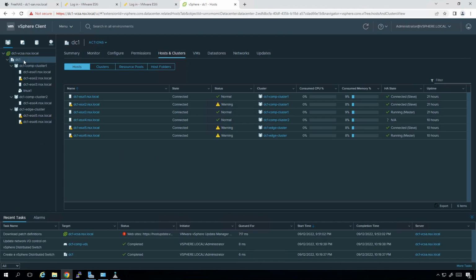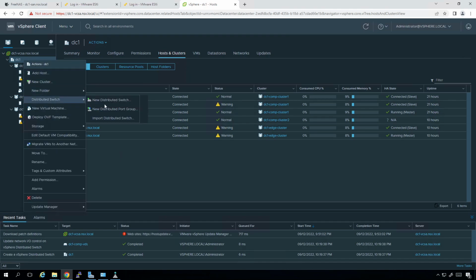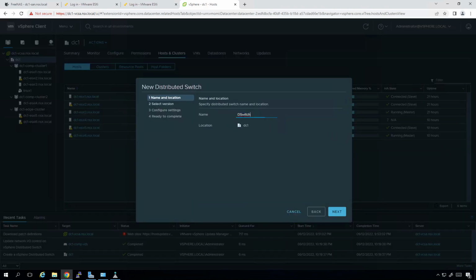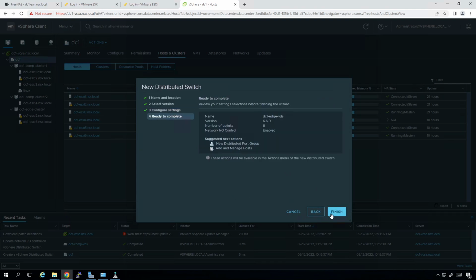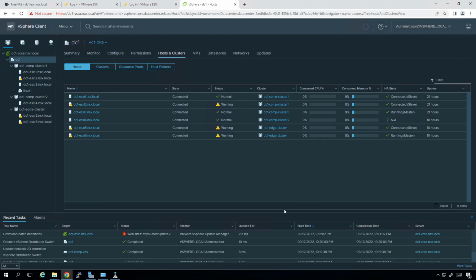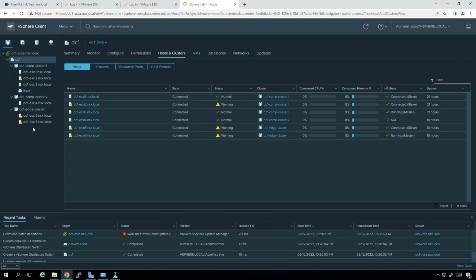And then I'm going to right click and say new VDS. This one here is going to be DC1-Edge VDS. The version is going to be 6.6, and then I'm going to give him all 6 adapters to be used for this guy. I'm going to uncheck the default port group and then finish. Alright, so now that I've got my VDSs created, I can go to the next stage,